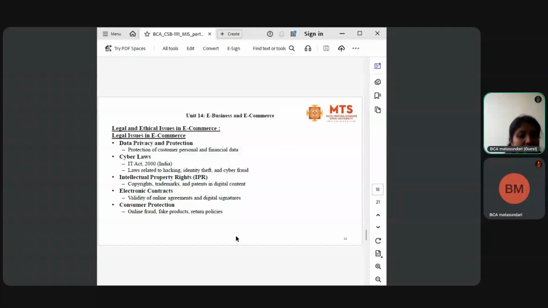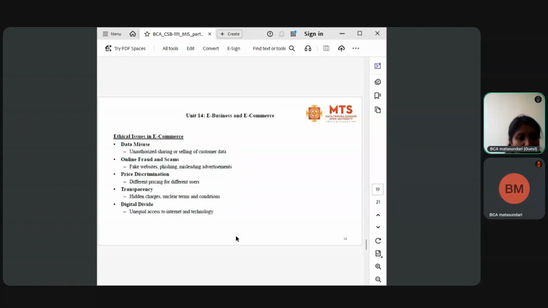And next are ethical issues, in slide number 19. Ethical issues: data misuse, that is unauthorized sharing or selling of customer data; online fraud and scams, that is fake websites and misleading advertisements; price discrimination, different pricing for different users; and transparency, that is hidden charges, unclear terms and conditions; and the digital divide, unequal access to the internet and technology. Okay, so these are the